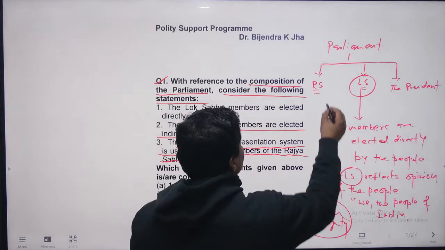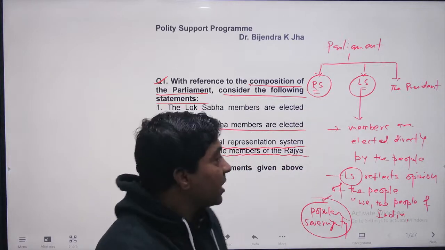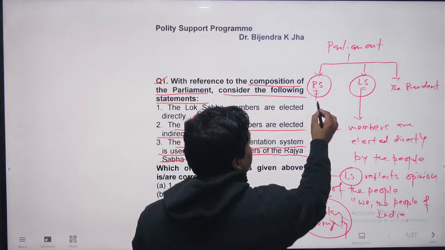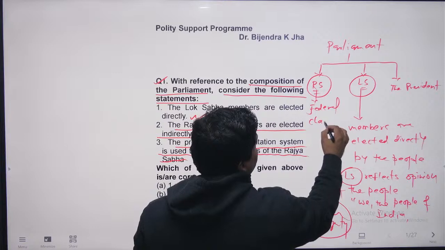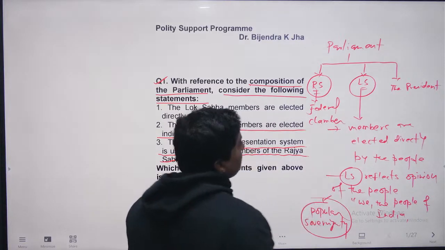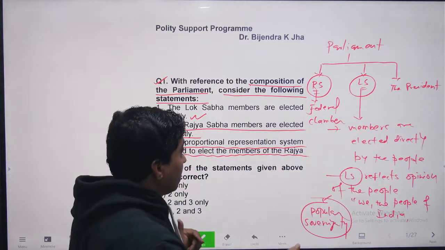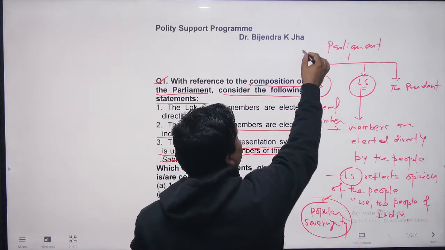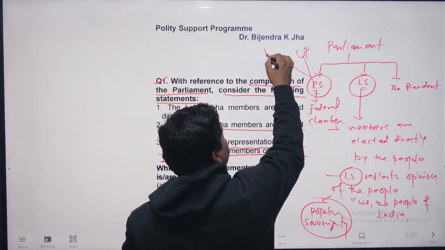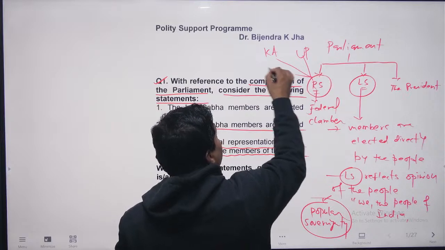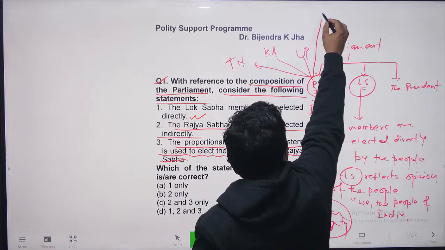Now let me talk about the Rajya Sabha. Now what is the Rajya Sabha? Rajya Sabha is a federal chamber. Federal chamber, what does it mean? Rajya Sabha represents the will of the states, right? If you look at Rajya Sabha, there are members from UP, there are members from Kerala, from Karnataka, from Tamil Nadu, from Assam,